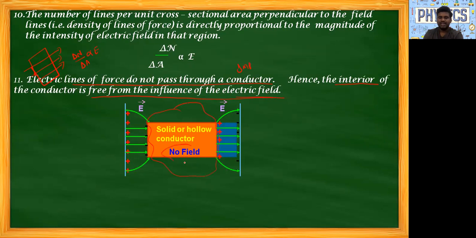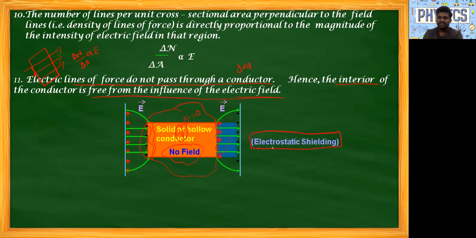There is no electric field inside, and the electric field is represented from positive to negative. This is plus and minus, here see plus and minus. Inside there is no electric field for a conductor. Why? All the charges accumulate and reach the surface, and there will be no charges inside, so the electric field is zero. This phenomenon is also called electrostatic shielding.